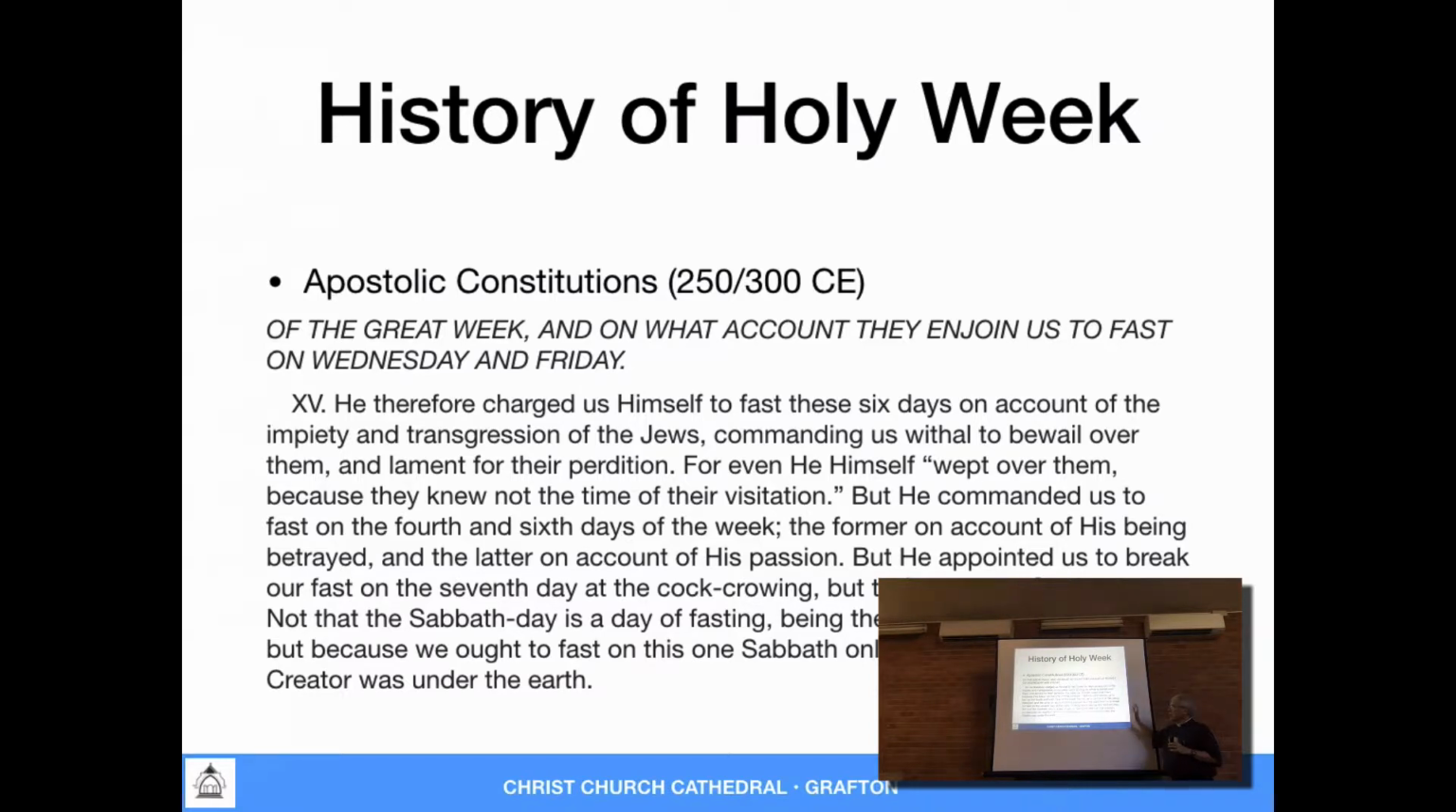Now, at this time, it's still illegal to be a Christian. Christians can be persecuted. That's all going to change. By 312, Constantine is going to be the first Christian emperor. Okay, so this is just before the time of Constantine, or maybe at the very beginning of the Emperor Constantine, because it's written towards the end of the 3rd century, beginning of the 4th century. So